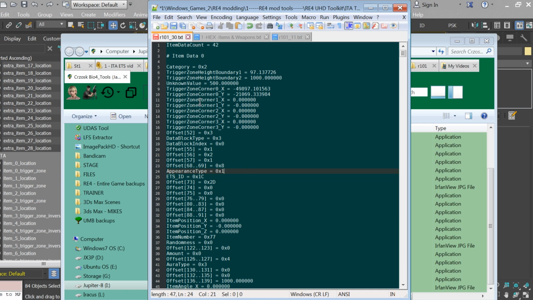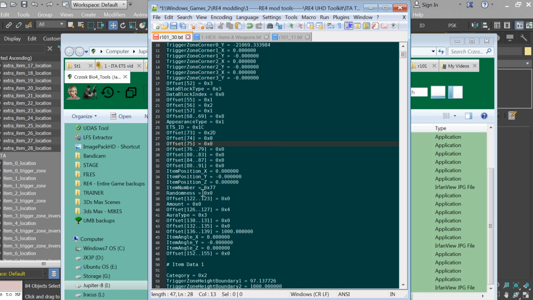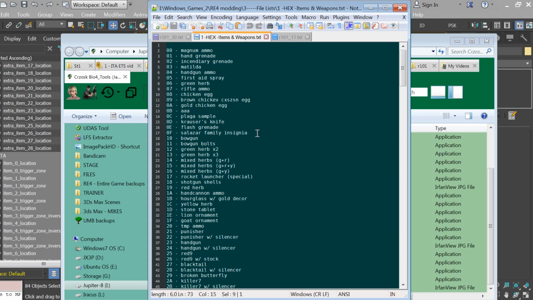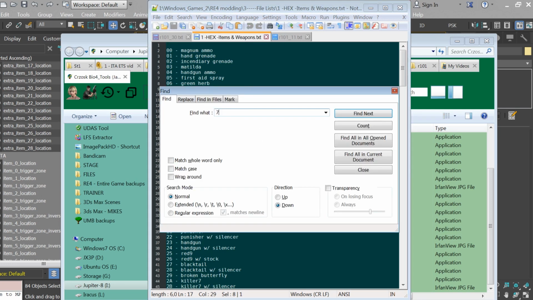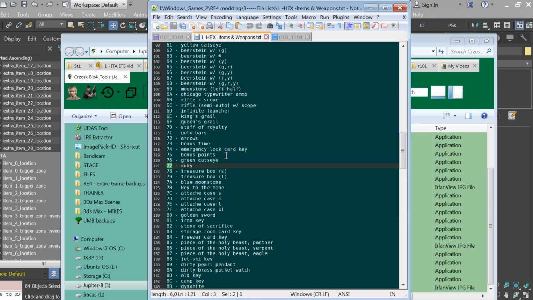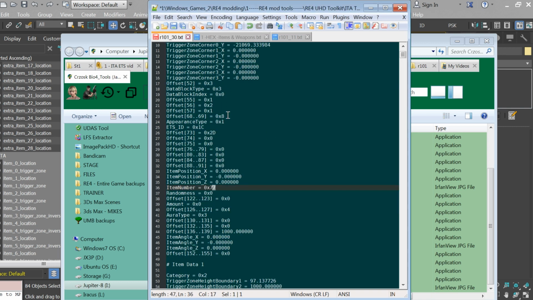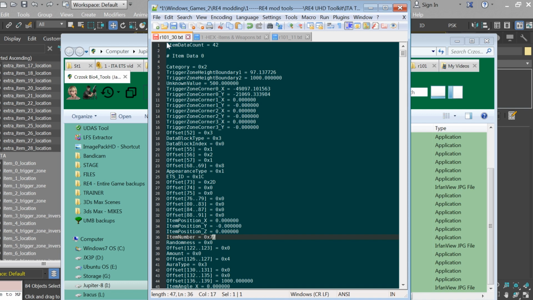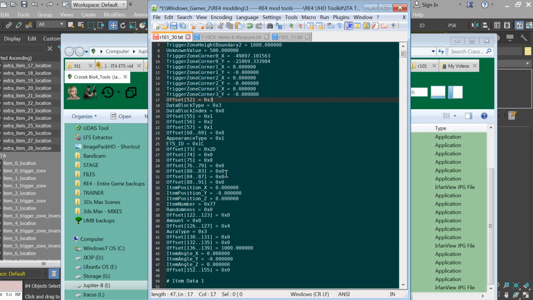So actually this one looks like it's item 77. What's that? I think that's the ruby. Oh yes, so here's a perfect example. The very first entry in the ITA in number R101 is an enemy dropping an item, and it is